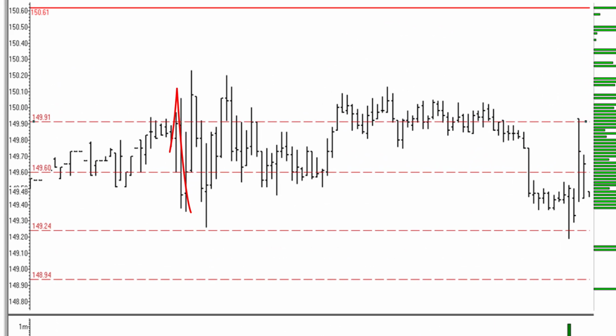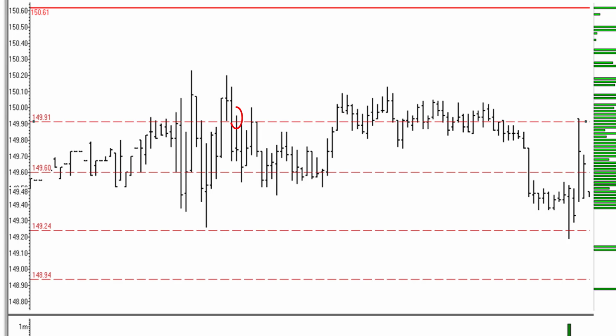So you can see here that in the first bar of trading, it got up above 149.91, came down, triggered in. Then in the second bar, got up as high as about 150.09. That's no crisis when you're dealing with the opening trading ranges, and then straight down to that 149.60 level and beyond. If it's a bracket order, it's going to take you out. There's no adjusting that order because that move is going to be very quick. You're not going to change it to a trailing stop or anything right there.